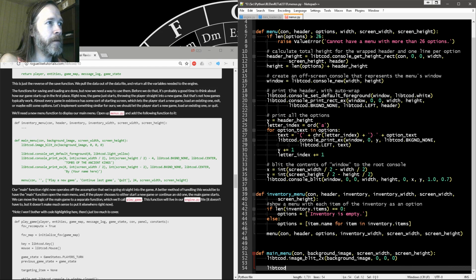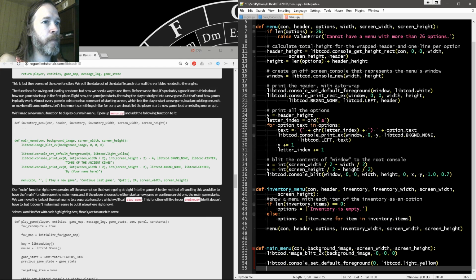The tab. Console set default foreground 0, comma, libtcod.light_yellow. tcod print x, comma, int